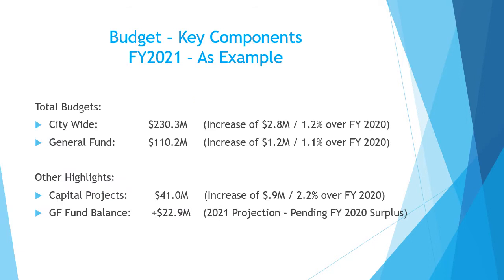Let's talk about the budget and key components and use fiscal 2021 as an example. The total budget citywide is $230.3 million. That's an increase of $2.8 million over the fiscal 20 adopted budget, or 1.2%. The general fund budget for fiscal 21 is presented at $110.2 million, which is an increase of $1.2 million over